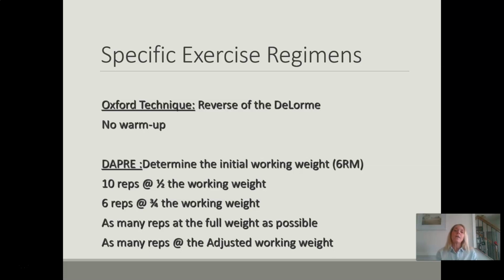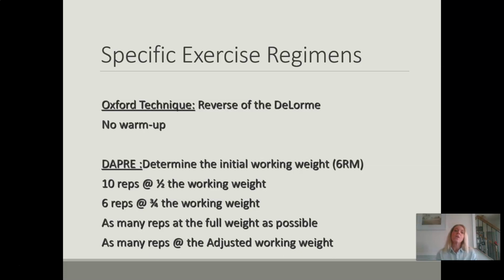This DAPR method, or DAPRE, stands for Daily Adjustable Progressive Resistive Exercise, and you guys are probably going to see the abbreviation PRE a lot, Progressive Resistive Exercise. So this one is your daily adjustable progressive resistive exercise. There's a lot that goes into this. So clinically, I can't see this working very much, but it does take into account variations in day-to-day performance of